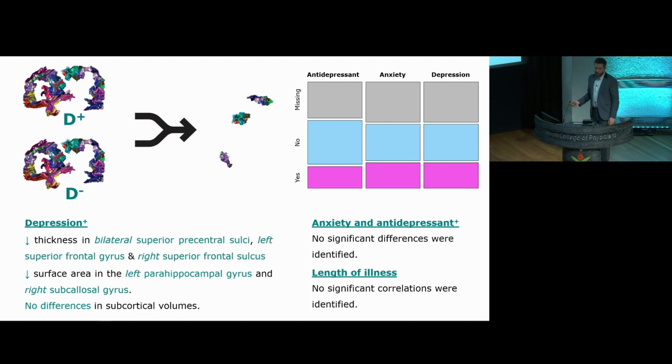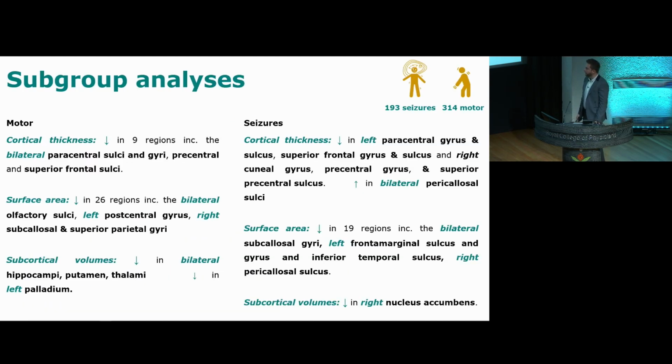We also ran a partial correlation between the significant regions and the length of illness in years, so we were able to build a sort of variable for that as well, but there were no significant correlations between the values and length of illness. This is a really busy slide, but I think it can be summarized in a couple of headlines, which is that the motor subtype seemed to drive the majority of the differences in the whole group. So whether that's because there was a larger sample or something to do with the symptoms, we're not sure.